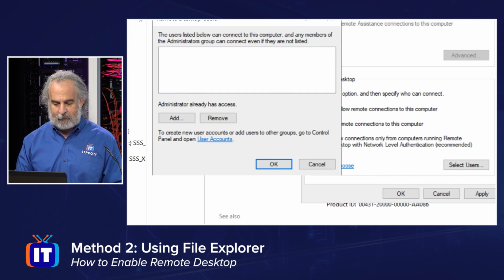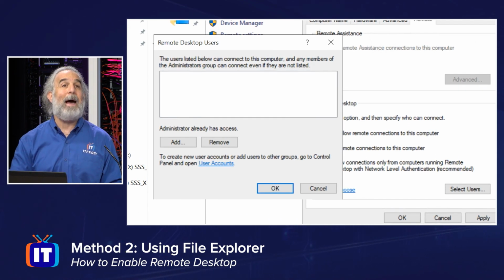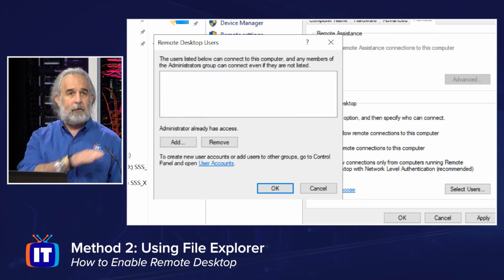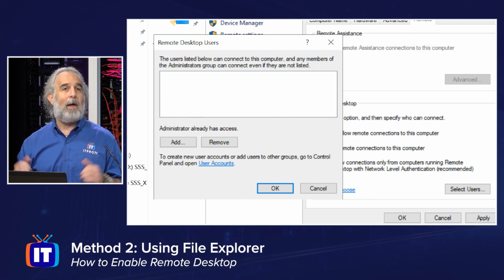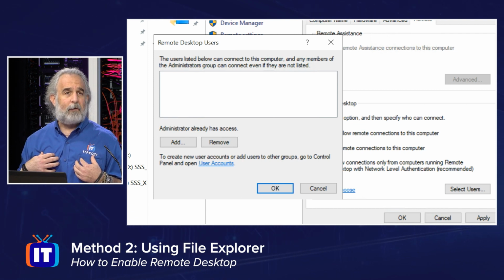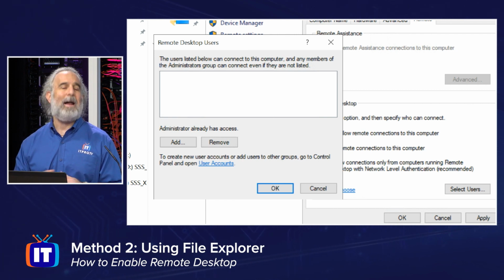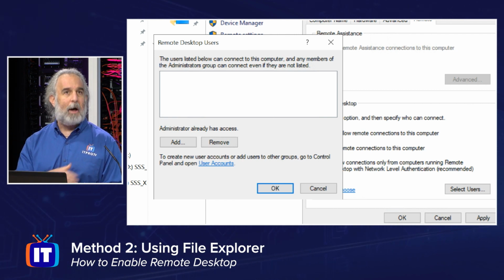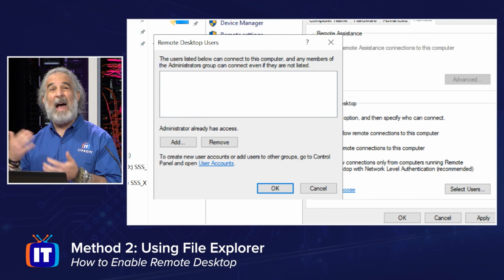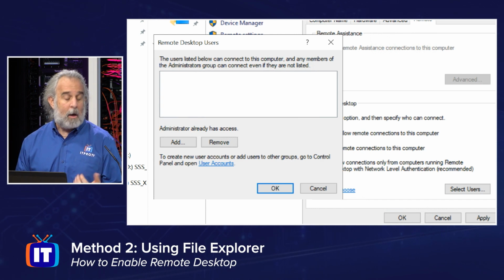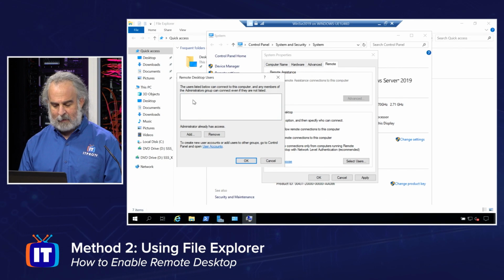And when I did that, it brings up this box right here about adding the remote user. So it says, hey, administrators already have access. If I clicked OK right now, I, as the administrator of this machine, would be able to connect in. I wouldn't have to do anything. I don't even have to be on or added to that list because I'm already on it. But other users, like any of our Atom users that I may have created, well, they're going to have to be added. So let's go ahead and add one.